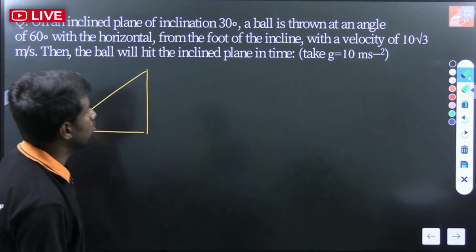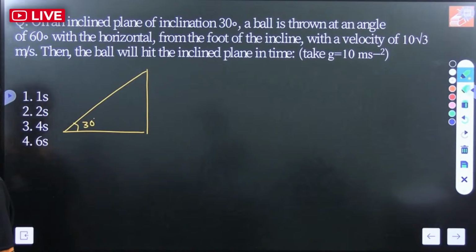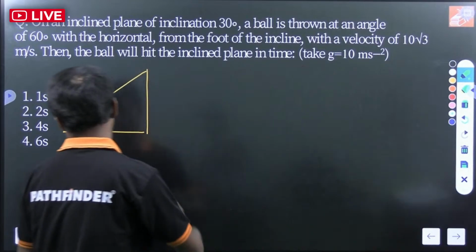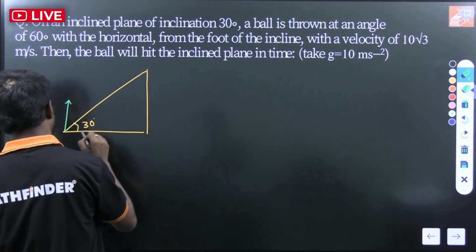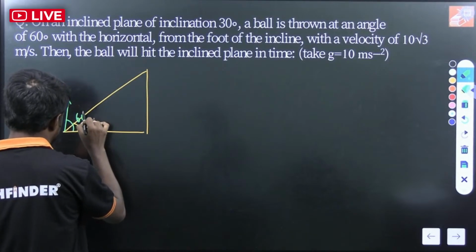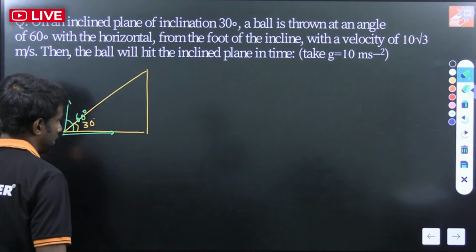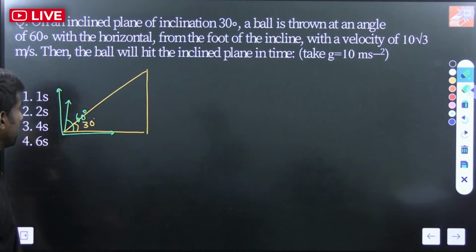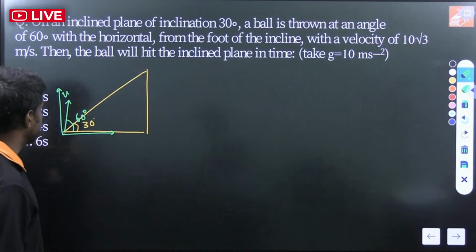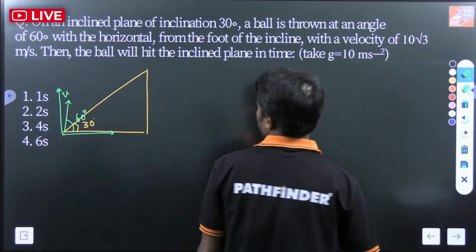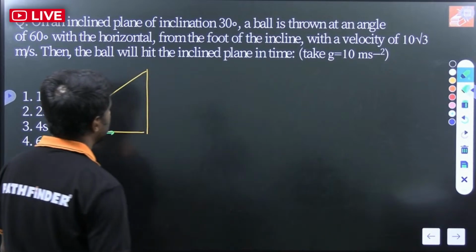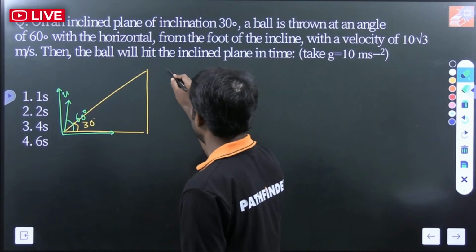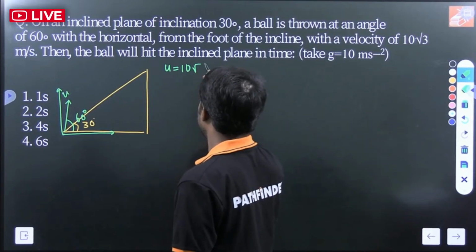A ball is thrown at an angle of 60 degree with the horizontal. So that one ball is thrown. So this angle is 60 degree this side with the horizontal. This one is your horizontal line, x axis, and this one y axis. So we have thrown one object or ball with u velocity, at an angle 60 degree with the horizontal from the foot of the incline with a velocity of 10 root 3. That means they have said u equal to 10 root 3